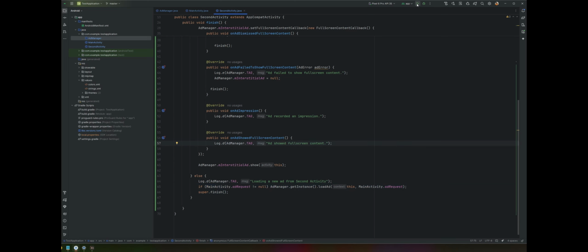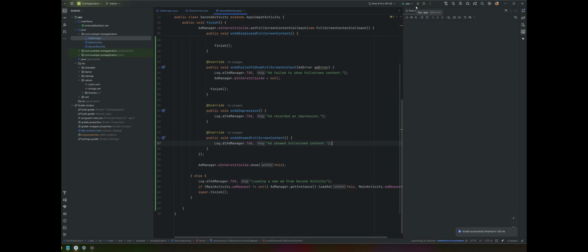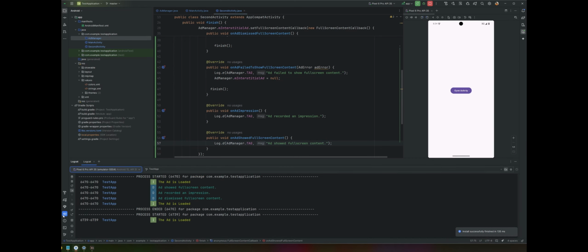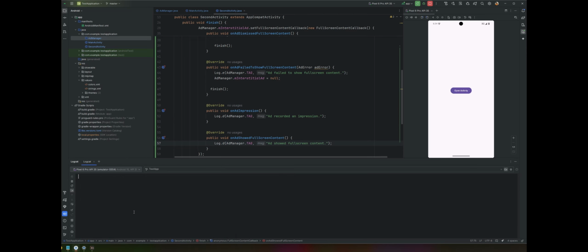Okay, let's run the app. Okay, this is the application. To see the log, we go to Logcat, and we have to type the tag here, which is TestApp, and there is the log. And as you can see, an ad is loaded. Let me clear the log to see the new log. So I click on it,